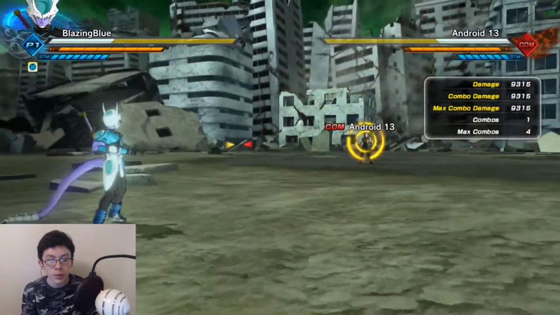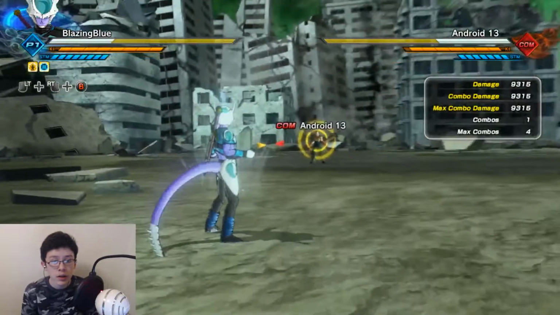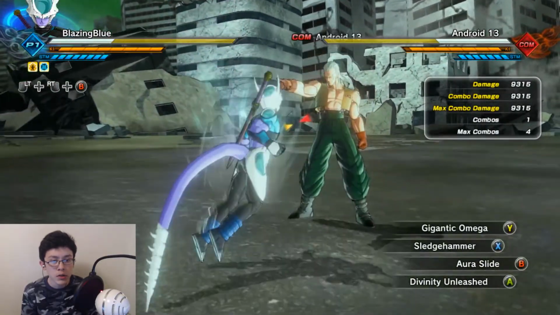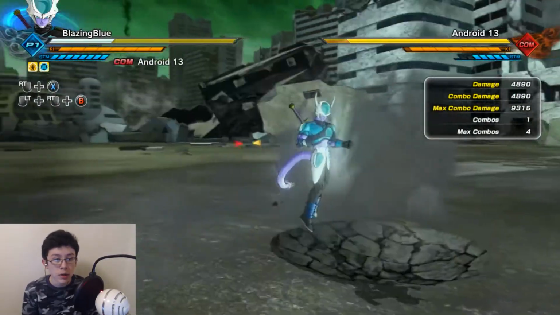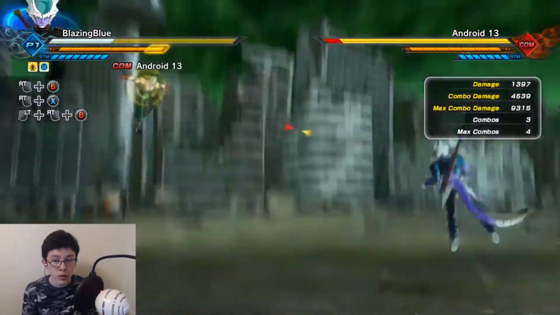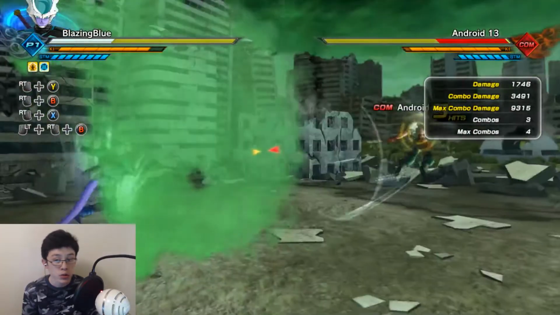So let me restart here, lock on, and go Potential Unleashed. Just checking out the time over here. Yep, we should be good. Okay, so Sledgehammer fully charged. There's a grand total of 4,890. 1, 2, 3. Aurora Slide does 4,539. Gigantic Omega, if you hold it or click on it, does a grand total of